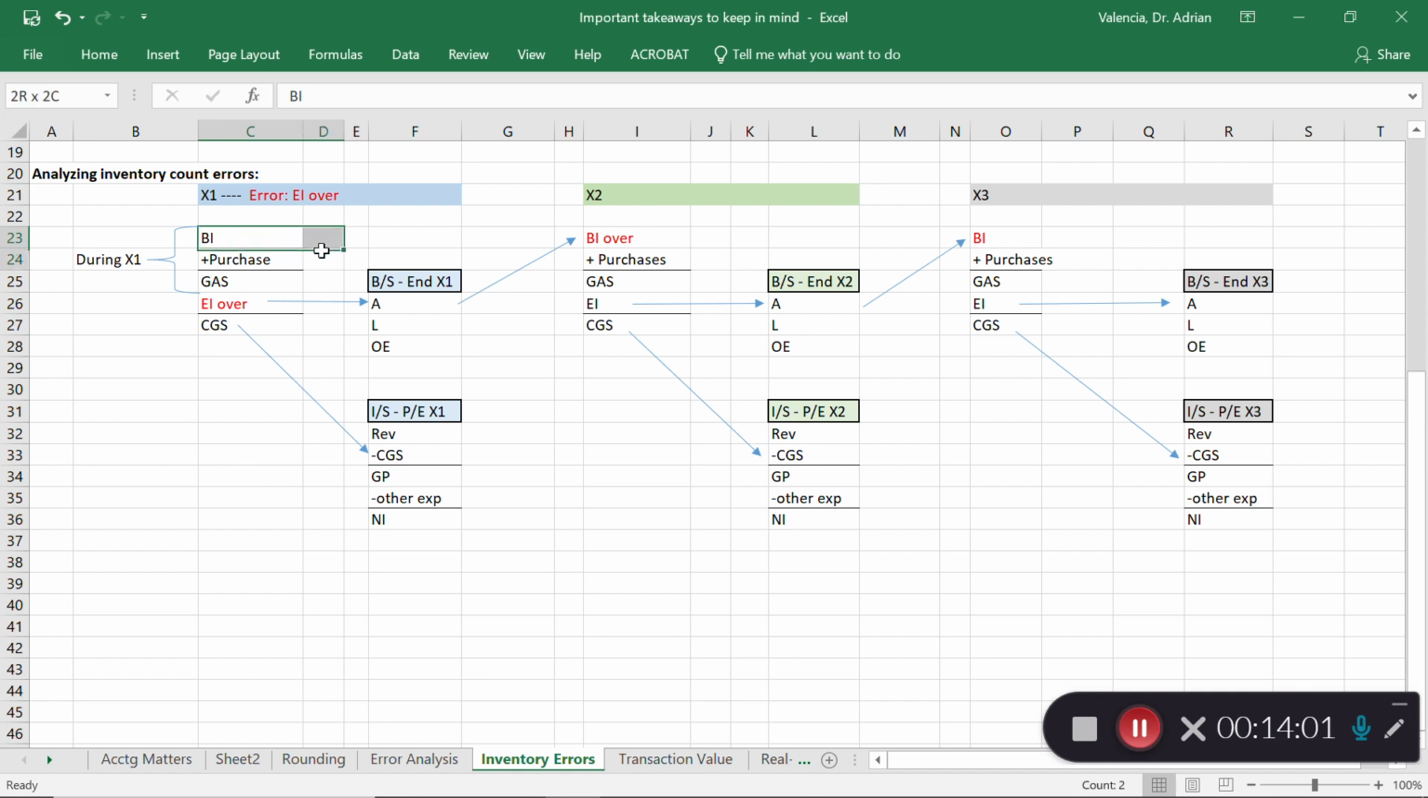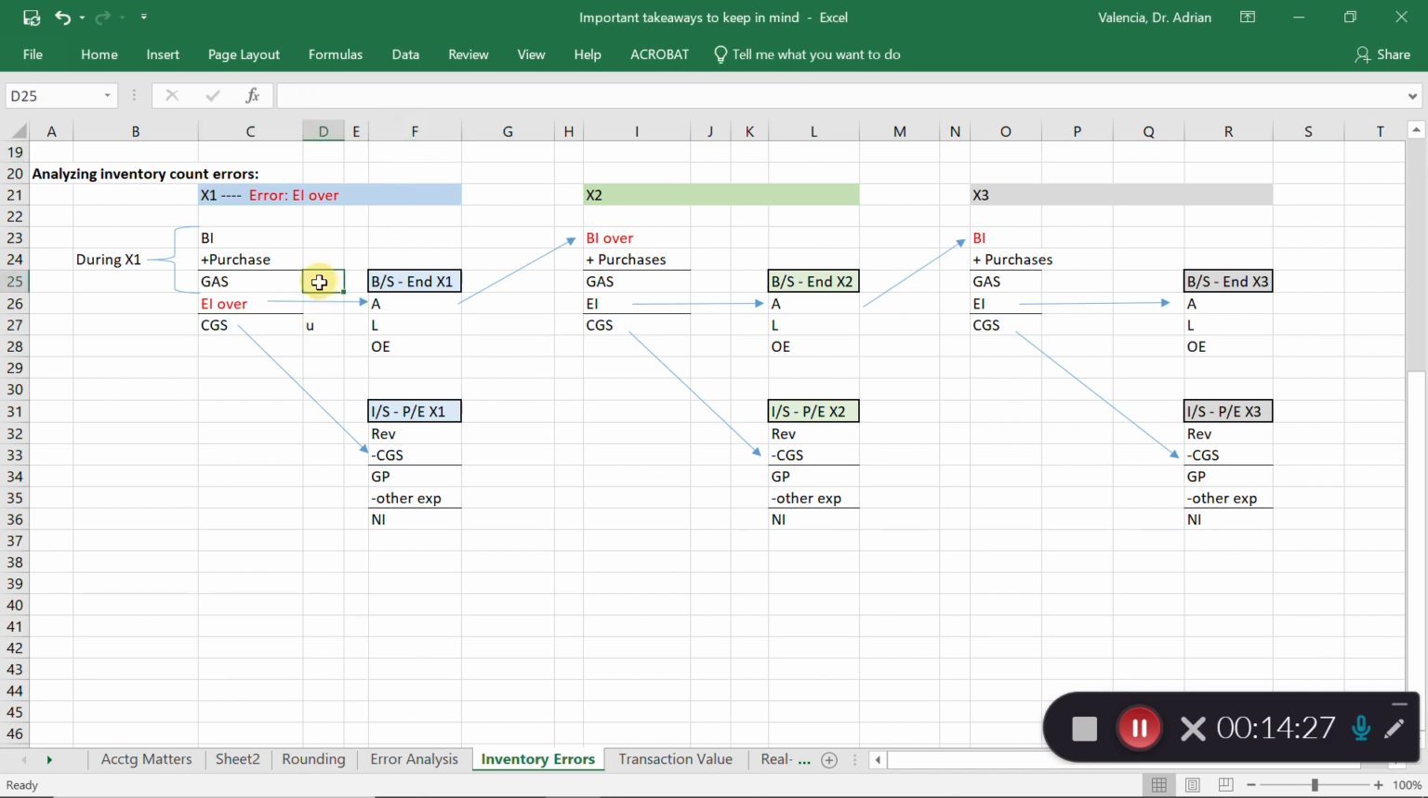So beginning inventory plus purchases is fine. That gives me goods available for sale, right? From that, I subtract the ending inventory that I counted, but guess what? It's overstated. So if my ending inventory is overstated, when I subtract it to arrive at cost of goods sold, this is understated, right? So my cost of goods sold now is understated because I just told you